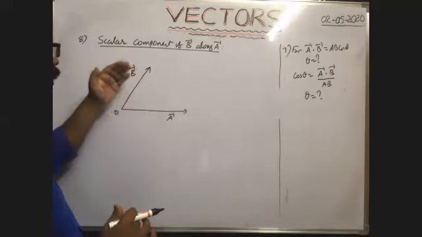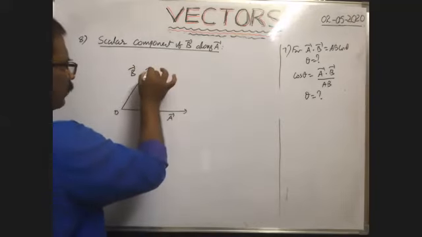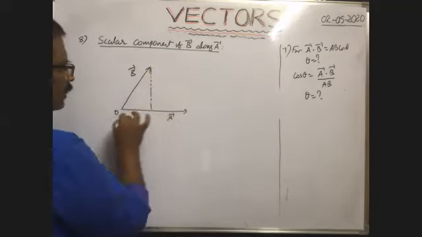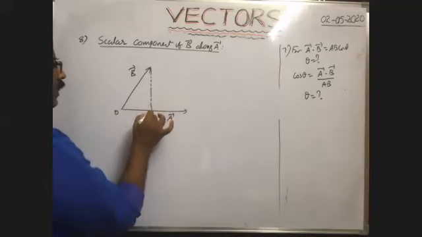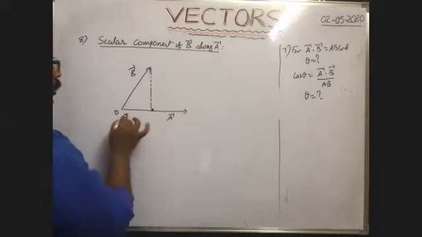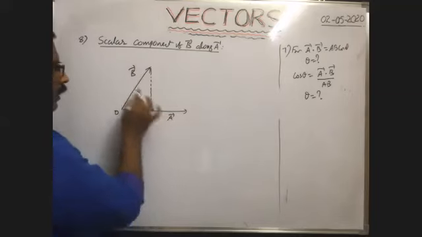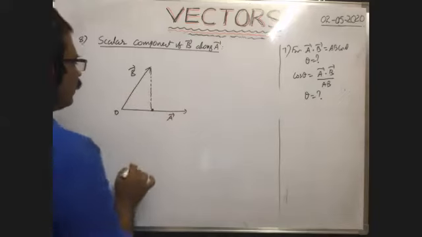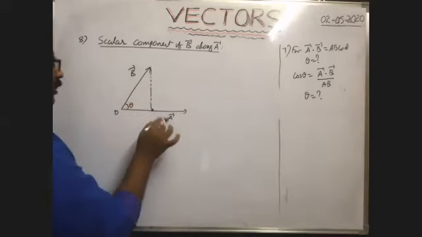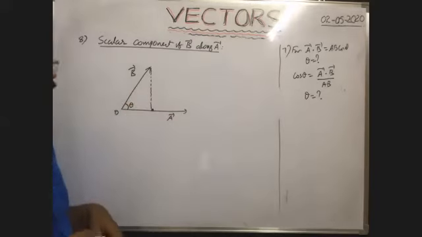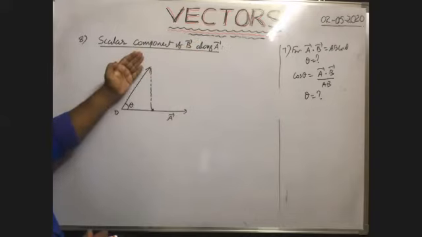To find the component of b bar along a bar, generally we have to draw a perpendicular line onto the x-axis or horizontal line. Then this perpendicular line intersects the a bar vector at this point. Now this magnitude is the component of b bar along a bar. Now suppose the angle between these two vectors is theta. We are given only a bar and b bar, not theta. They asked the component of b bar along a bar.